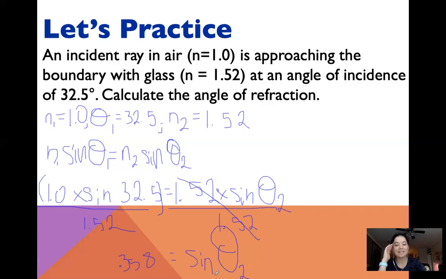Now, last step, we need to undo sine. We undo sine with inverse sine, so sine to the -1. Whatever we do to one side, we have to do to the other. These will go away. To undo sine, I'm going to type second sine. I've got the inverse. Now I want to call up my last answer, so I'm going to type second ANS for answer, and then we hit enter. I'm getting that theta 2 equals